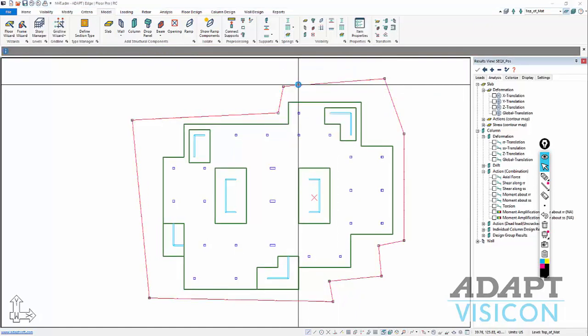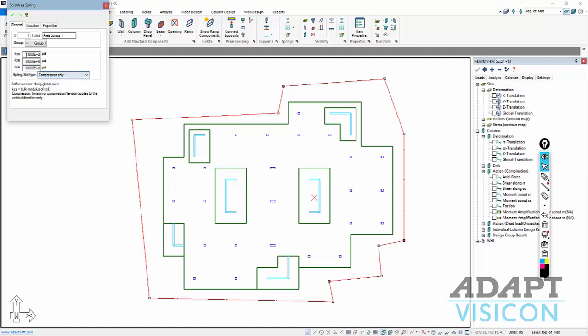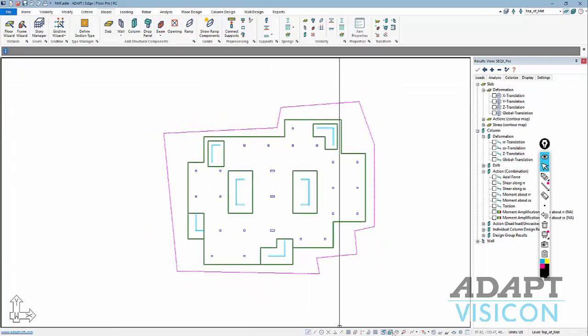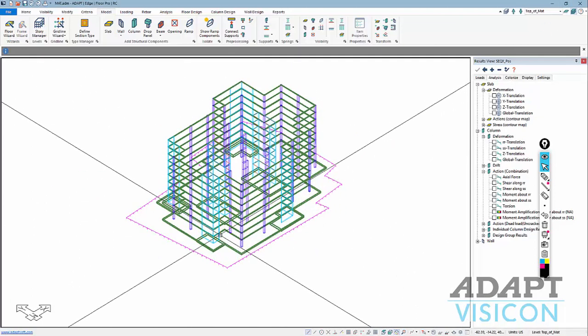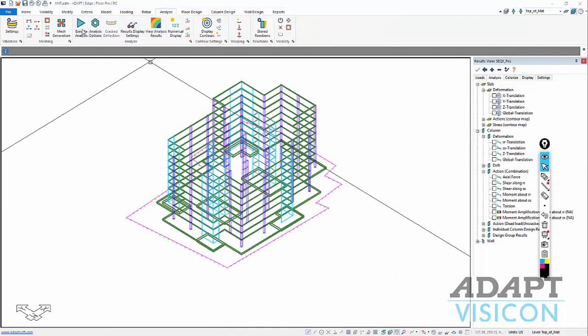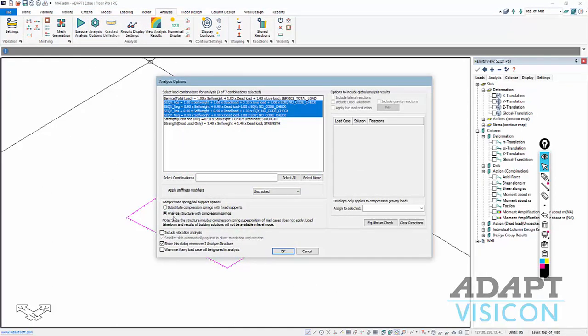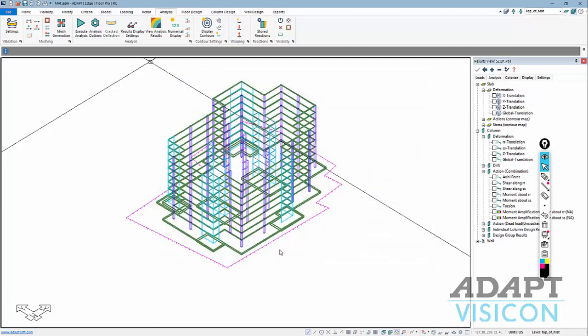And this spring, again, has some characteristics to it. We're going to call this a compression-only spring with a vertical and a lateral non-zero value for my subgrade modulus inputs. Once that's done, now that the structure really rests on area spring, when I analyze the structure, it's a compression-only spring. So the program senses that, or it picks that up, and it allows us to substitute the spring with fixed supports or run the analysis directly with compression springs. If I substitute this and run the analysis,